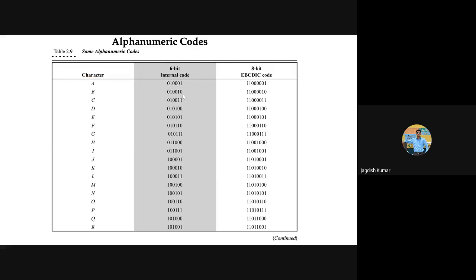Very good. So similarly, if somebody is using 6-bit internal coding, that may be the symbols for A, B, C, D, all your alphabets. There may be another case when somebody is following the 8-bit EBCDIC code. So there are different organizations which fix what code to use. And then as a hardware designer, you may design a device following that particular set of coding.